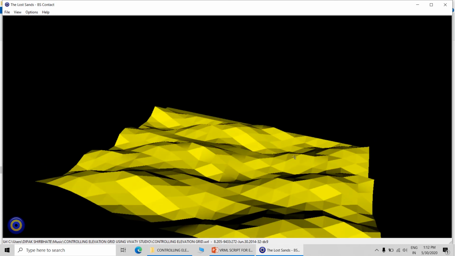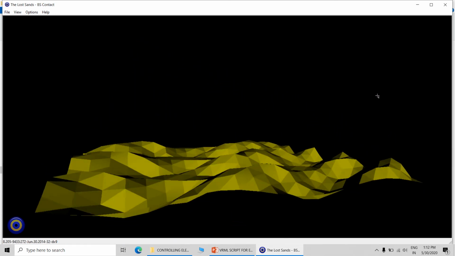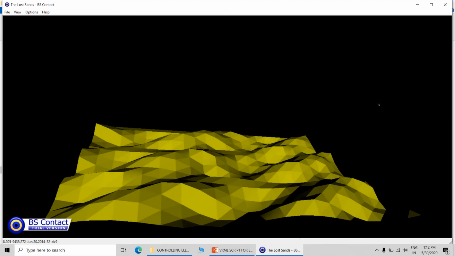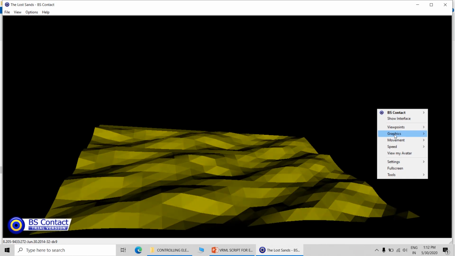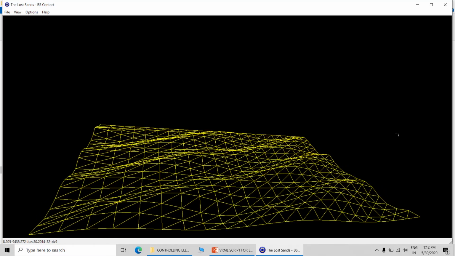And you can see that the elevation grid will be controlled like this. It is becoming flat, and then in the wireframe model you will see this type of output.